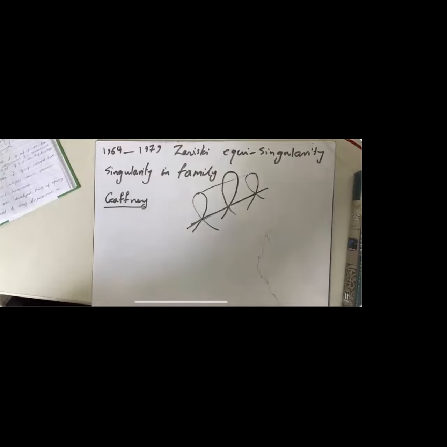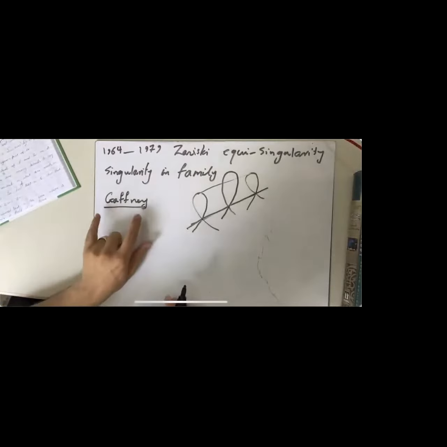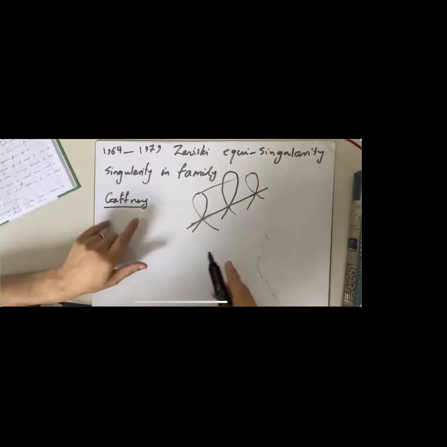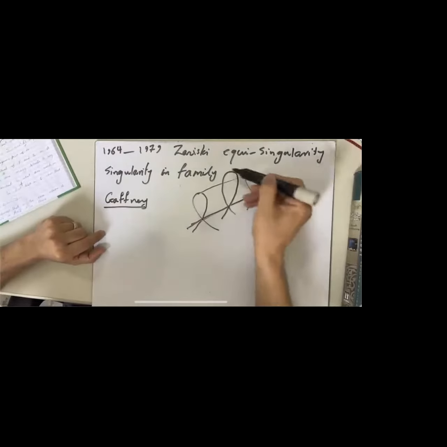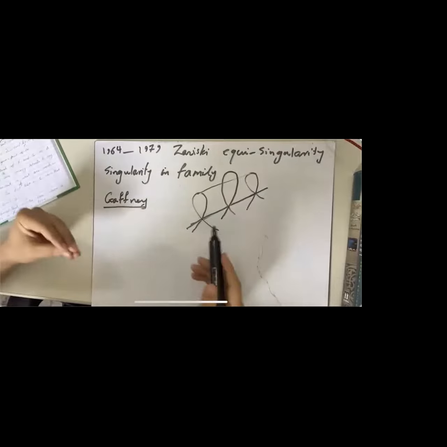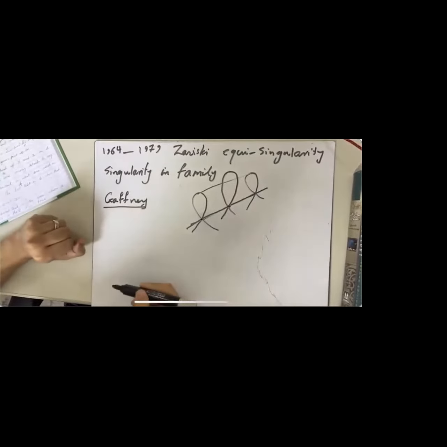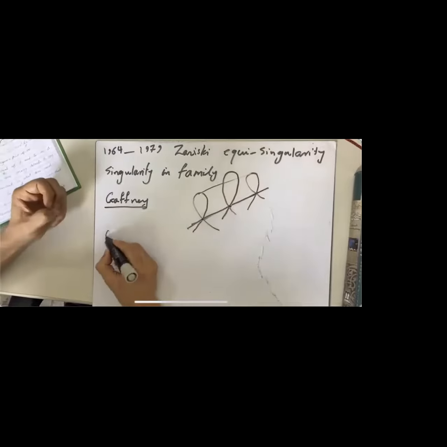But Gaffney also had significant progress in this theory. What Gaffney discovered was that to understand the singularity in a family, one not only needed to understand the Hilbert-Samuel multiplicity, which works indeed for isolated singularities, but also one needs